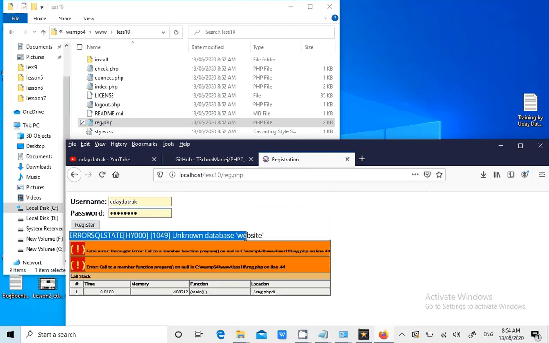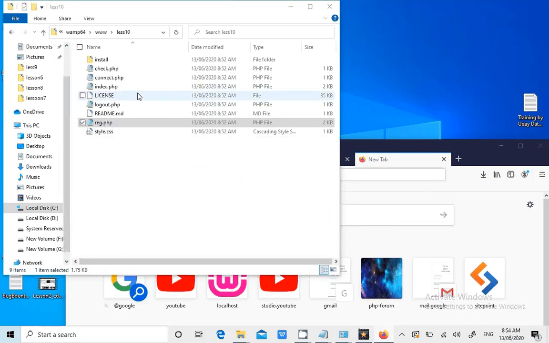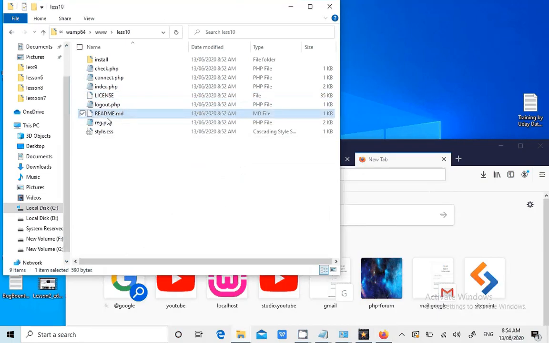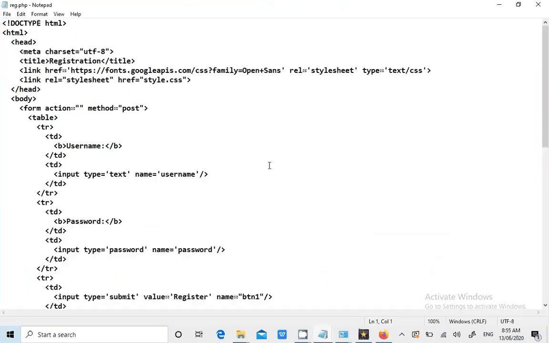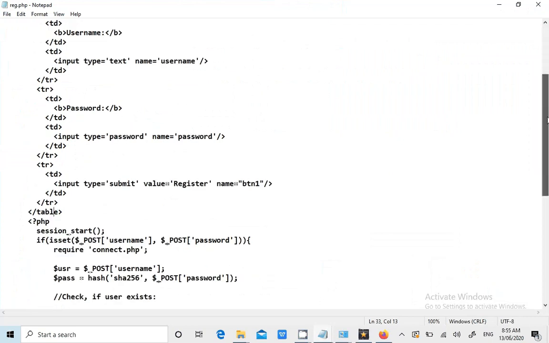Unknown database website, very common. Since I entered the username and password, it's not registering here, it's not storing. Let's see what is the code inside this. I go to the form, search for form, okay, method equal to post, okay, username. I entered the username and password, so the website is taking them.